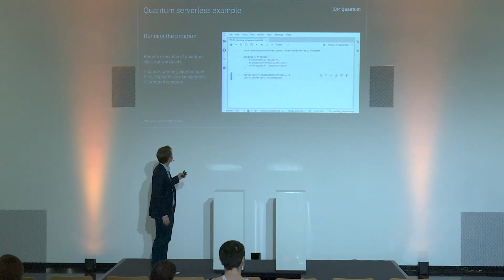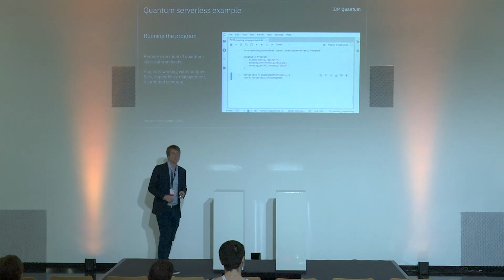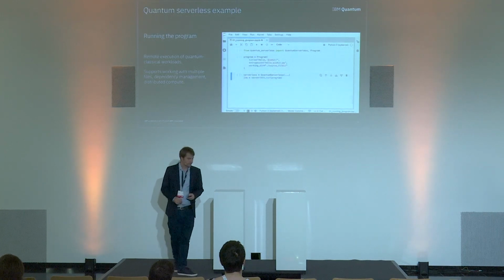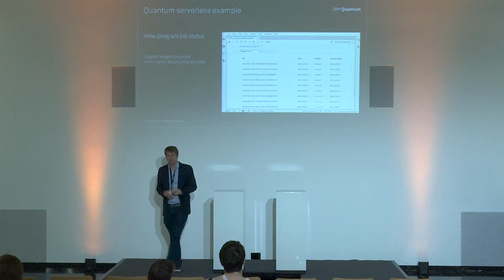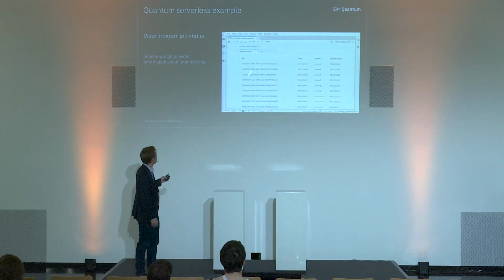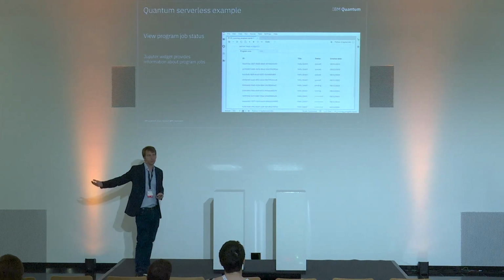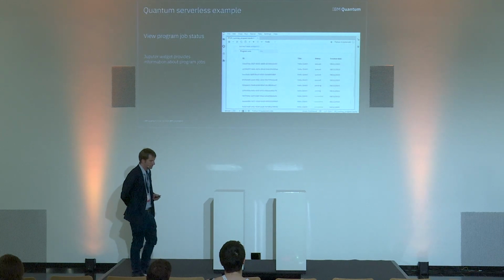And then what you can do is you can sort of execute all of this with quantum serverless, as shown here, right? So you have the program file that you're loading here. You can note that between the previous slide and this one, the name of the program changed, but nevertheless, this is the concept. And then this allows you to execute this and then get back your results. Now, Jupyter here also easily allows you to, let's say, track these. Have little widgets here where you can see the progress of the jobs. It's a little bit similar as, let's say, going onto the IQX platform to track a little bit the progress of what it is that you have been running on the hardware.